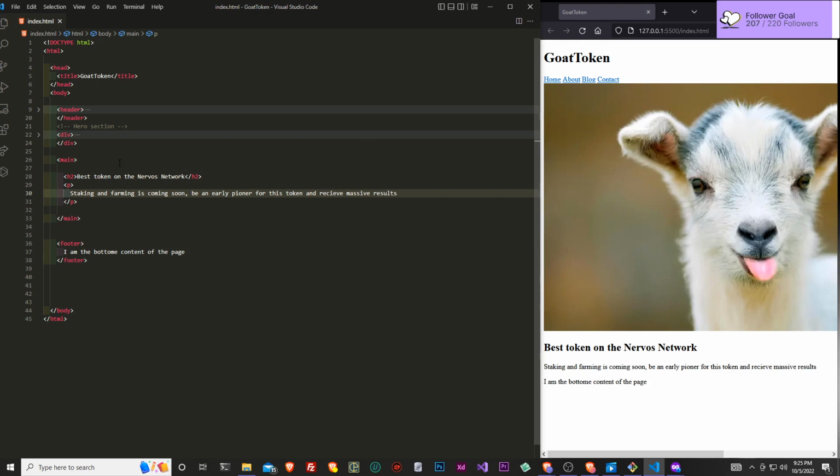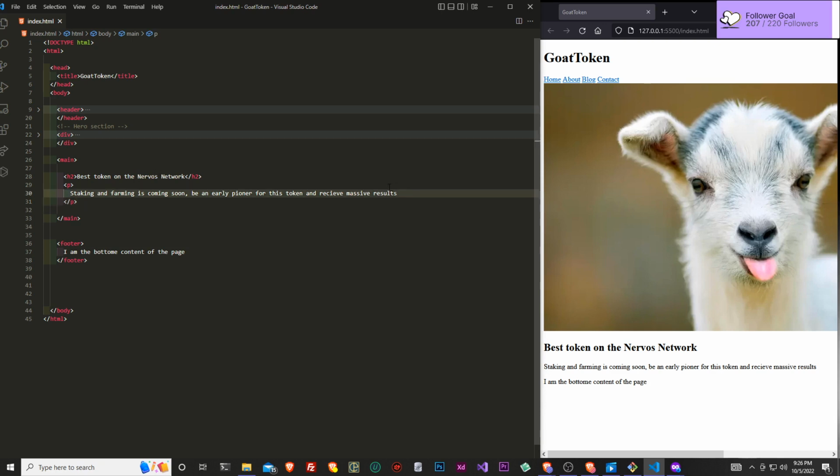You guys can see that we created a heading 2, and we put in this content inside, and below we created another tag holding this content. This tag right here is a P tag, stands for paragraph, and yes, you guessed it, it's basically going to be holding any type of sentences, paragraphs, words.